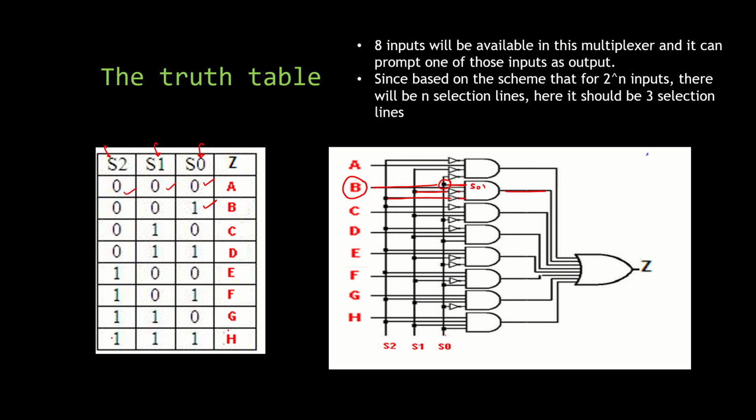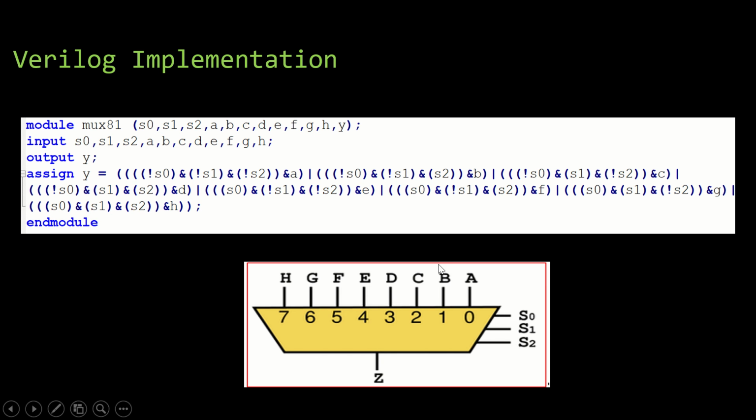When we have all three select channels as 1, S0, S1 and S2, all three are 1 here. So what will happen? No inverter at all is required. H goes out, and this is H, and H will come out as Z. That's all. Very simple. We have built the circuit as well. Now what is our next work? The next work is to go ahead and build all these in Verilog. I'm going to write the code in Verilog.